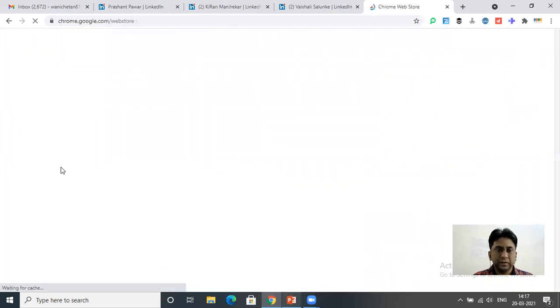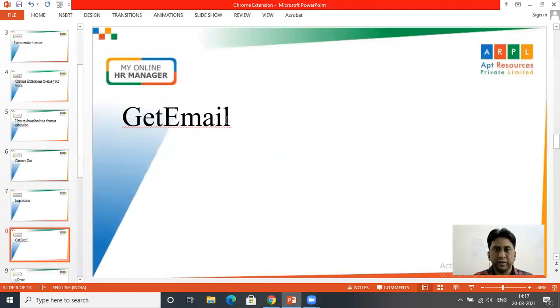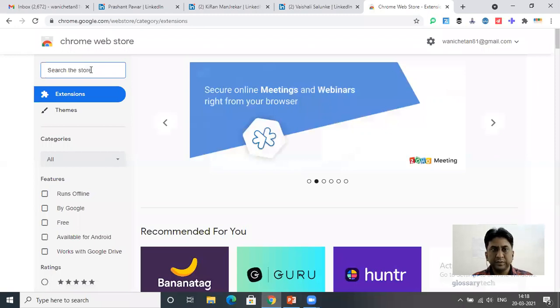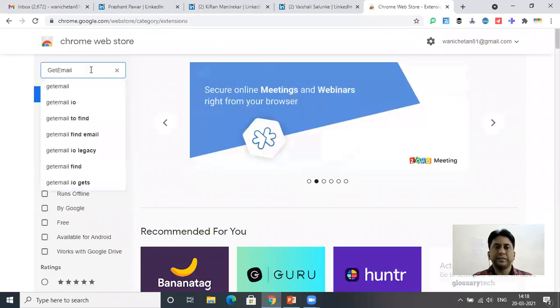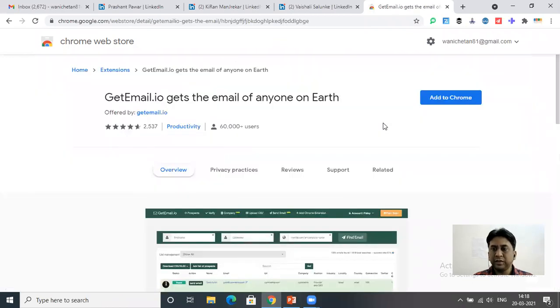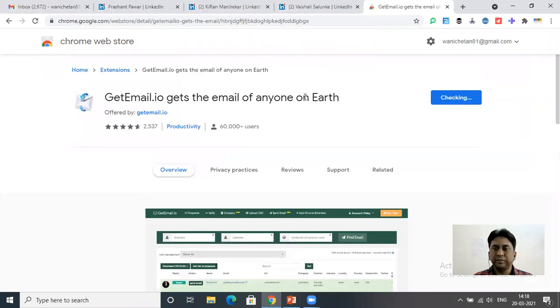And then we have seen this Contact Out, Improver, then Get Email. So this is the Chrome extension. Type here, just Get Email. Just click here. Click on add to Chrome. Add extension.